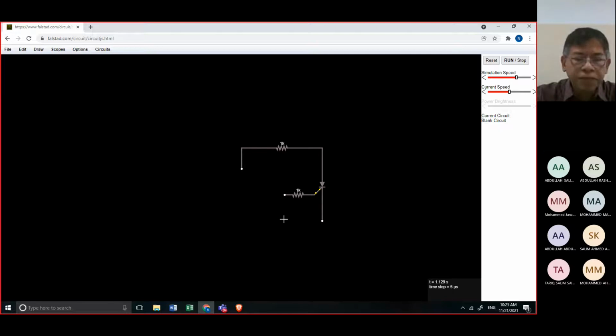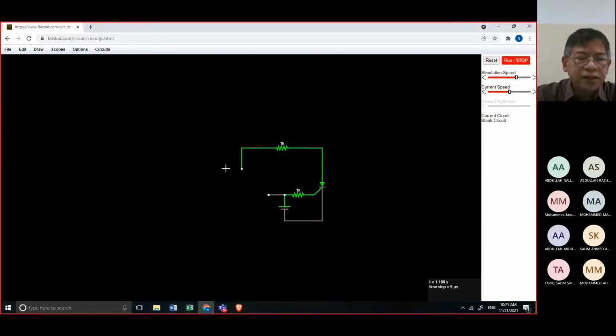Going up, it should be going up, because of the polarity, positive and negative. Then add wire. You have to add wire. This is voltage. Add wire here. Make sure it is connected.